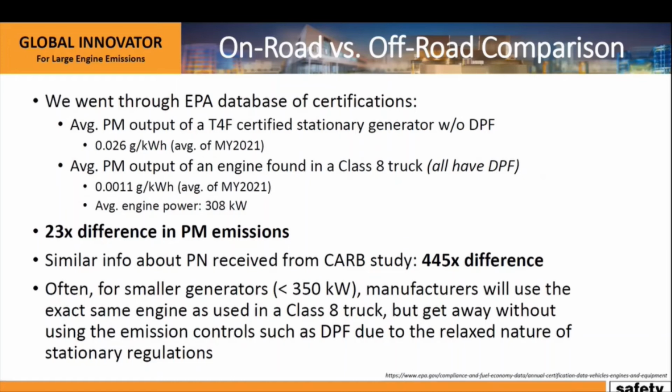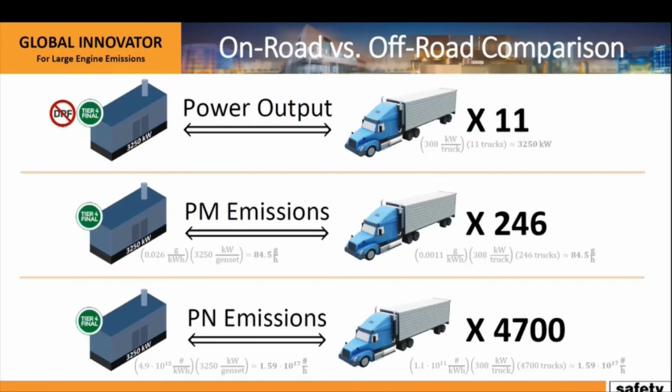Interestingly, when it comes to smaller generators, sometimes it's literally the exact same engine that's used on a truck that is also used on a generator, especially if it's smaller than 350 kilowatts or so. And the funny thing is in that context, if you take that same engine on the road, it must have a DPF. But if you take it off the road and you attach a generator to it, all of a sudden it typically does not require a DPF. And I think that's where these issues are coming from, and why regulators are starting to look at this